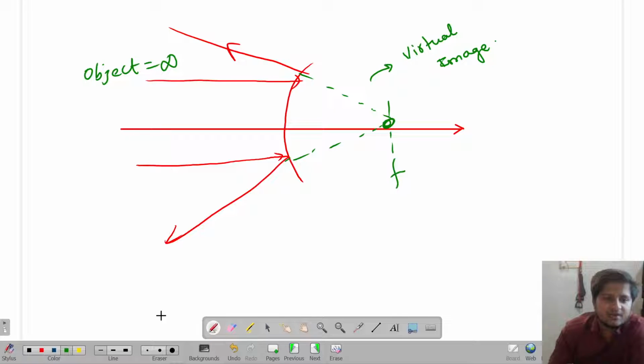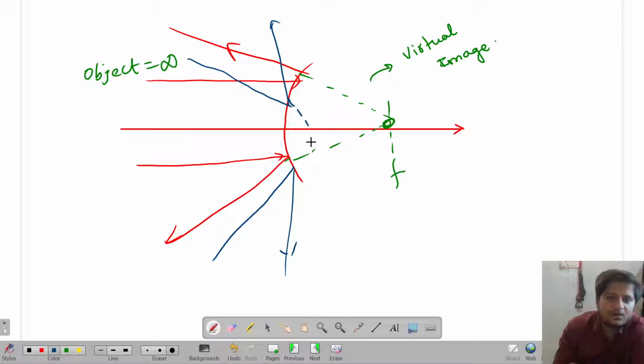Now the next thing is that for whatever light falls on the convex surface from any angle, there will only be divergence. That means if you backtrace all of these diverged rays, they are always going to meet between the pole and the focus of the convex mirror. So whatever light falls from the left side,